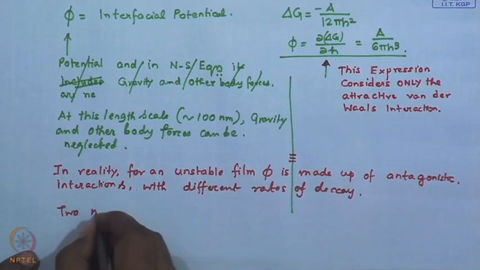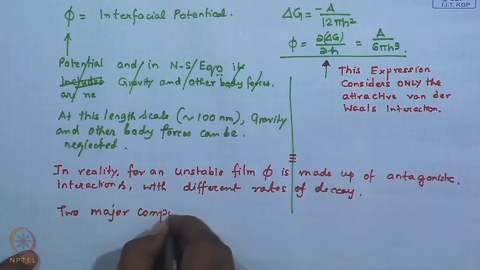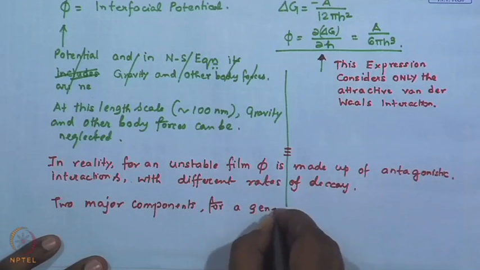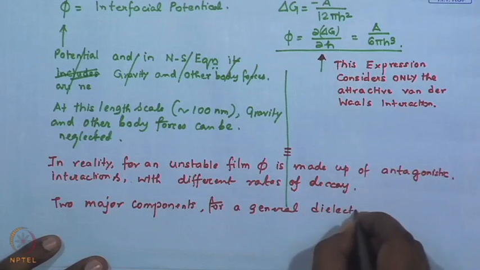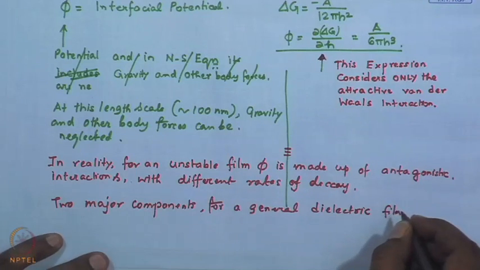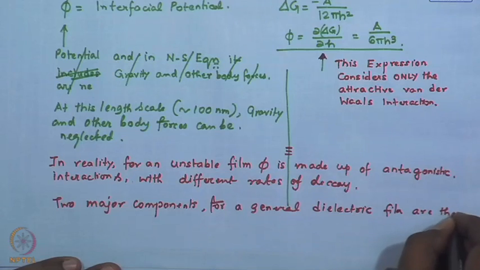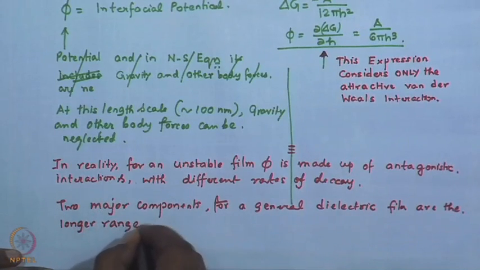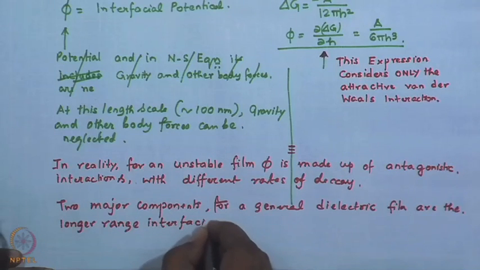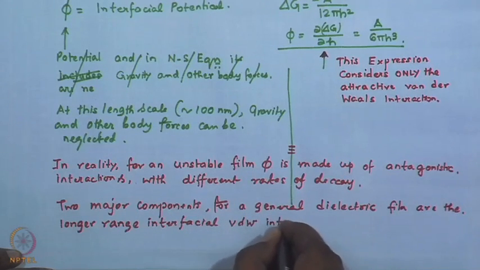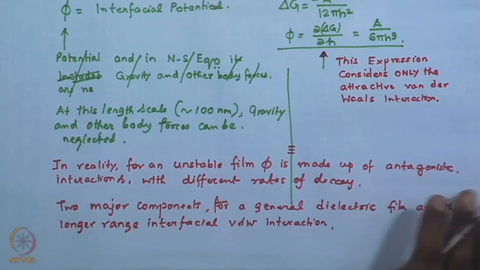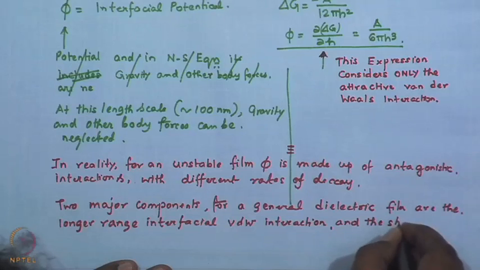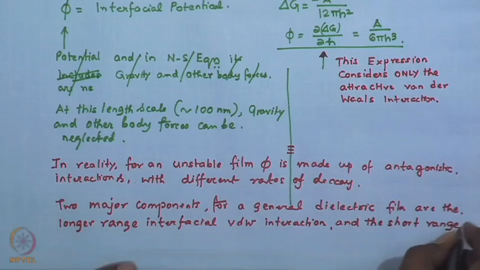Two major components, as we have already talked about, for a general dielectric film are the longer range interfacial van der Waals interaction and the rather short range steric repulsion,